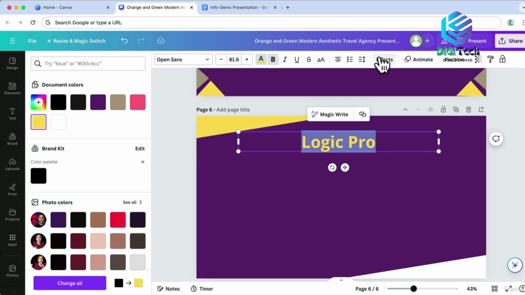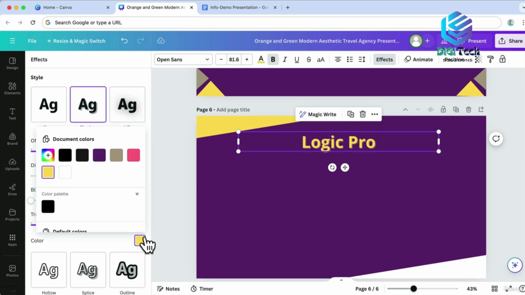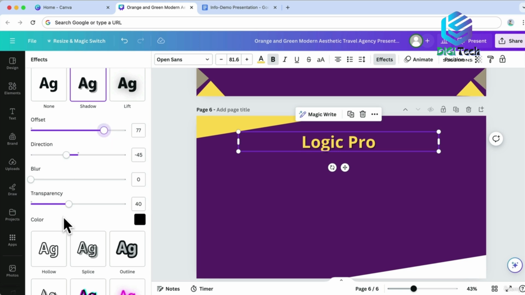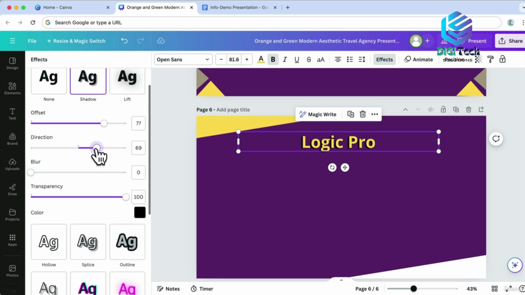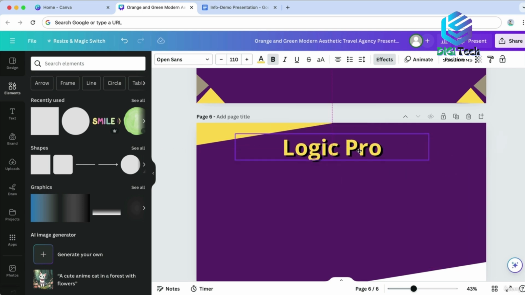Now let's add some text effects to make it a bit more interesting. So let's click on Shadow, and let's change the shadow to a black color. Let's also increase the offset and the transparency, and let's also adjust the direction. Let's now increase the size of this title text again, and now we've designed this slide, let's add this YouTube